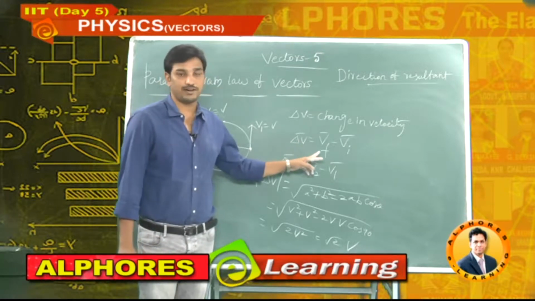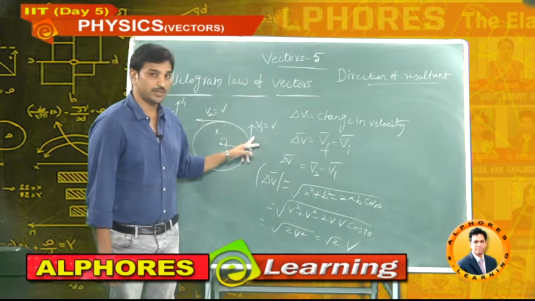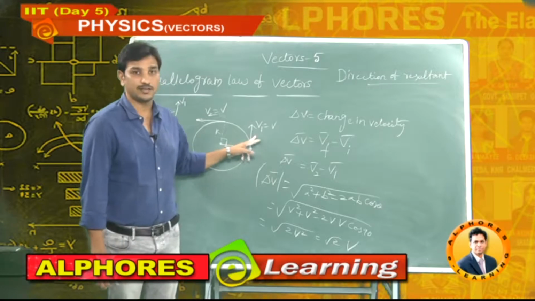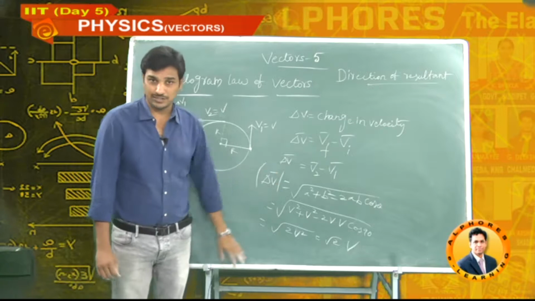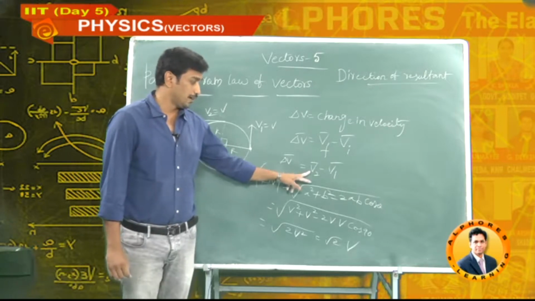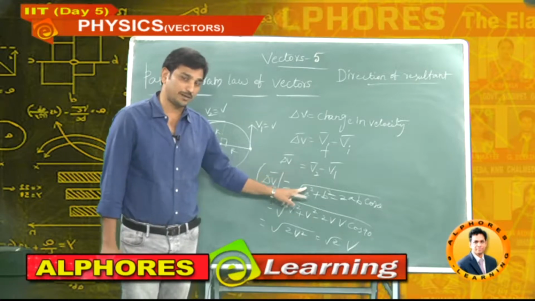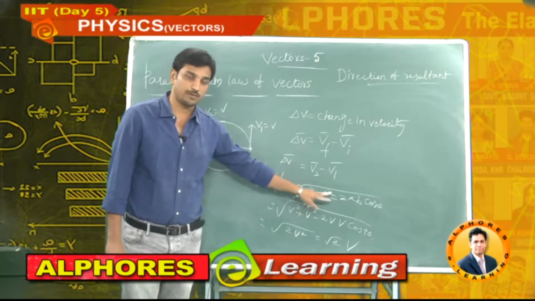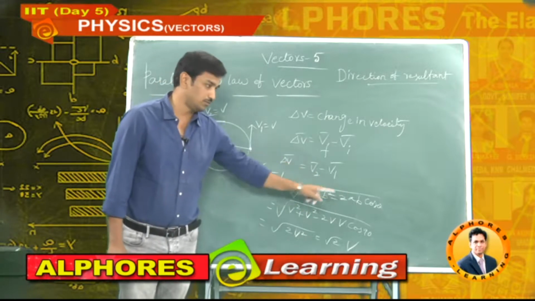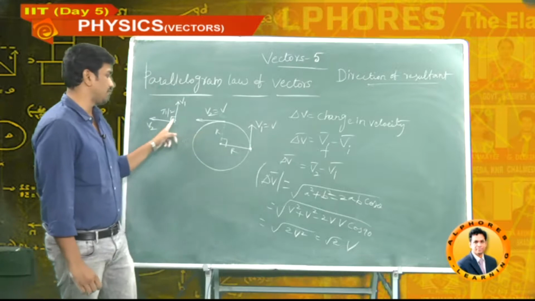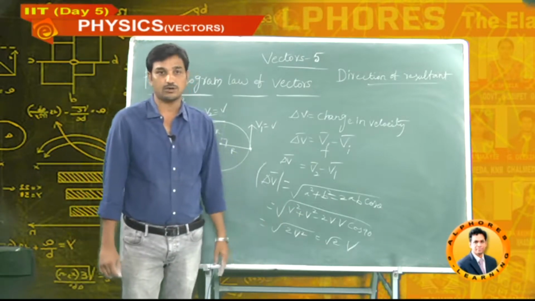Delta v bar is equal to final velocity minus initial velocity. Final velocity v, initial velocity also v. Don't subtract directly and say 0. Here, because of direction, it will be quite different. Now, the magnitude of v2 bar minus v1 bar, it looks like a bar minus b bar, is under root of a square plus b square minus 2ab cos theta. A value v, b value v. Cos theta value: the angle between initial vector and final vector is 90. Final answer, root 2v. I think you got the clarity.